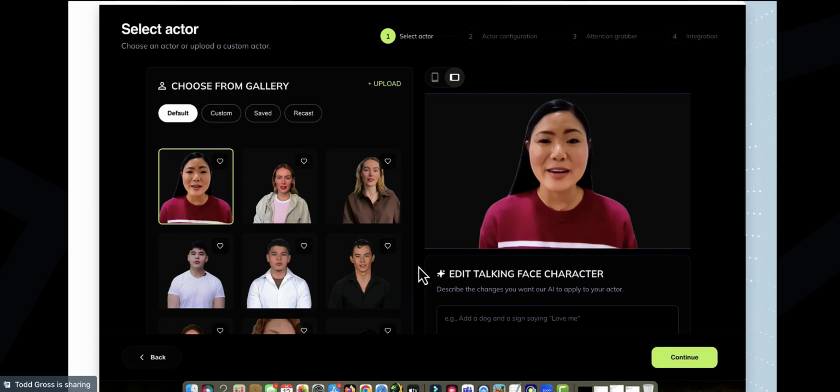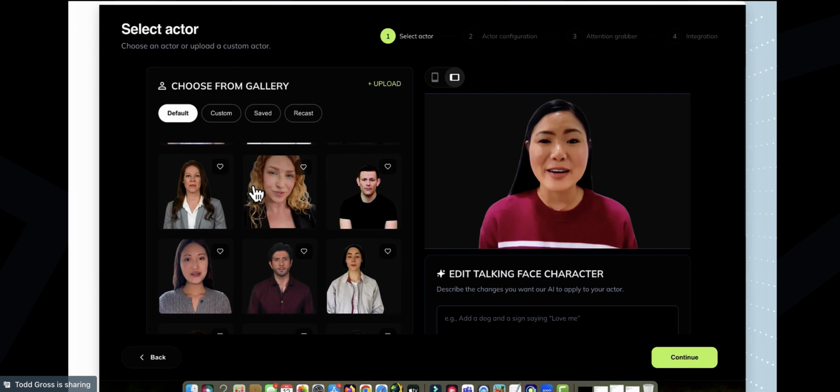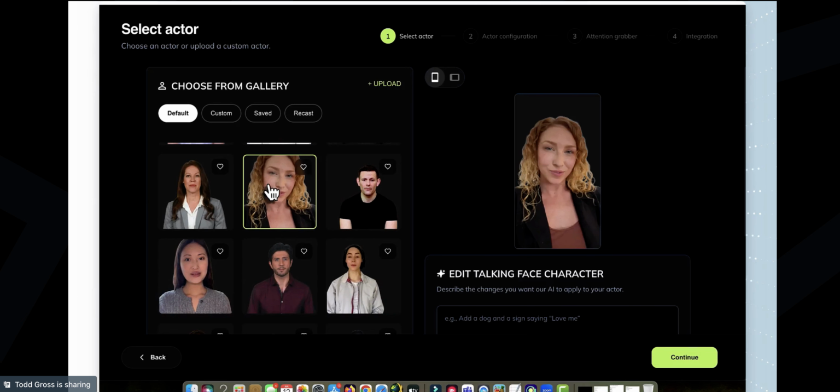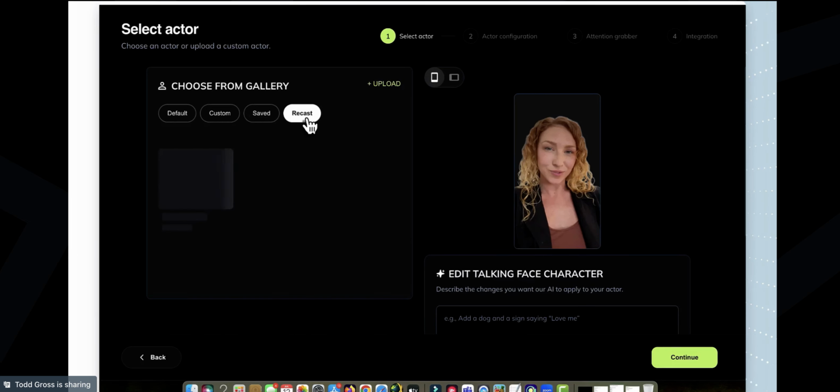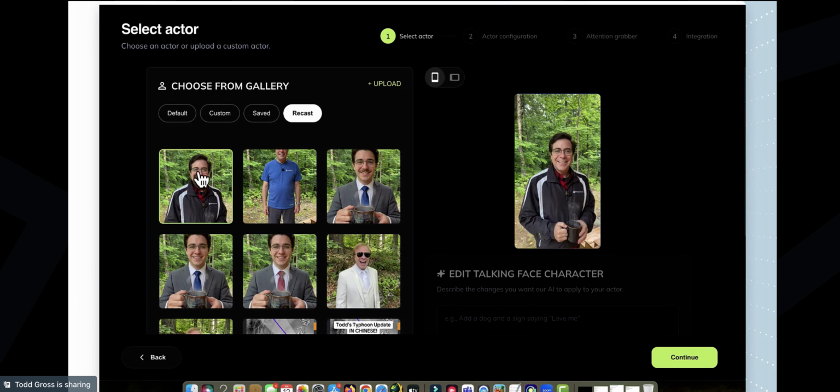And then once we're inside Talking Faces, what we do is we can choose to change the face again if we want, like this, and then work from there. But we already have ours done in Recast, so we're going to pick Recast and not just play with Talking Faces from scratch. We've already done a lot of the work. We're going to pick our Todd that's speaking Spanish,